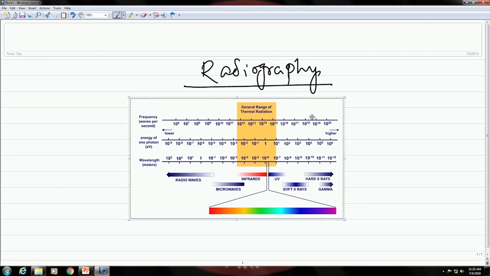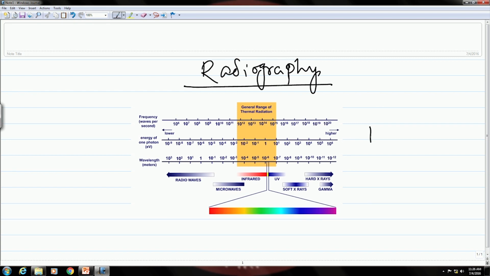I am sure you all have seen this at some point or the other. This is the electromagnetic spectrum, which is also simply known as the spectrum, where you can see the wavelength and frequency of different types of electromagnetic radiations, including visible light and X-rays. Here you can see the wavelength decreases going towards the right and increases towards the left. As you decrease the wavelength, the energy in the electromagnetic radiation will increase, because the relationship between